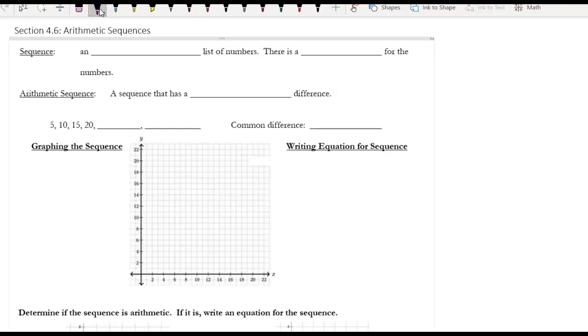So what we're doing today is we're starting section 4.6, Arithmetic Sequences. And a sequence is an ordered list of numbers. There is a pattern for the numbers. The one we want to focus on is an arithmetic sequence, and this is when the sequence has a common